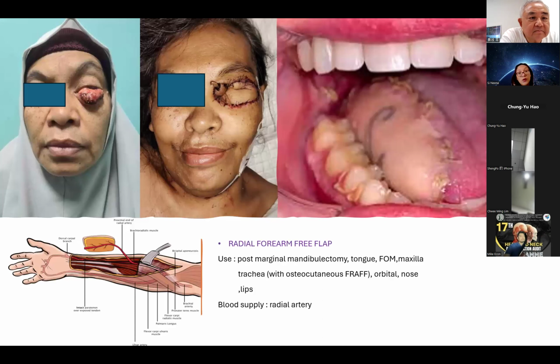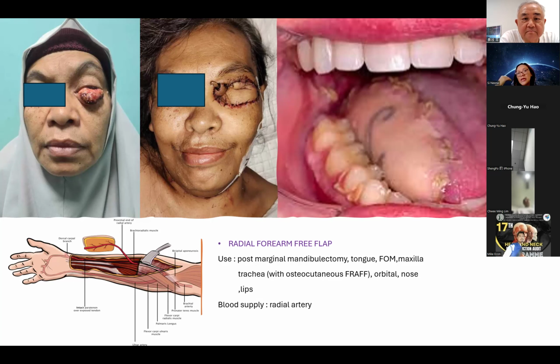And then this is one of the examples for the radial forearm free flap. We can use it for small to medium lesions. For example, a female patient with an orbital tumor that needs exenteration and suprastructure maxillectomy. If you remember my other case, ideally it has to be reconstructed with either radial forearm or ALT, but the patient refused it, and therefore I used a forehead flap. I was a little bit hesitant to use a forehead flap for a female because the scar does not look very good.